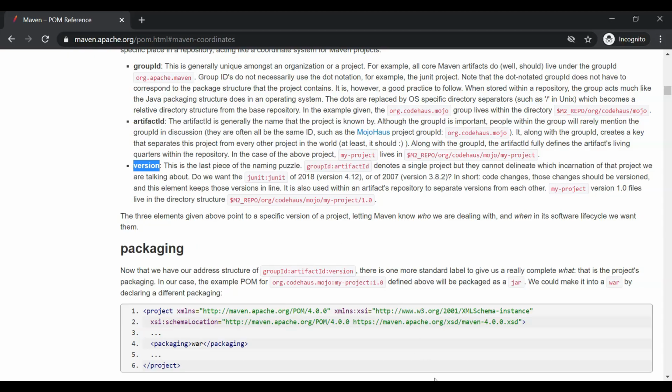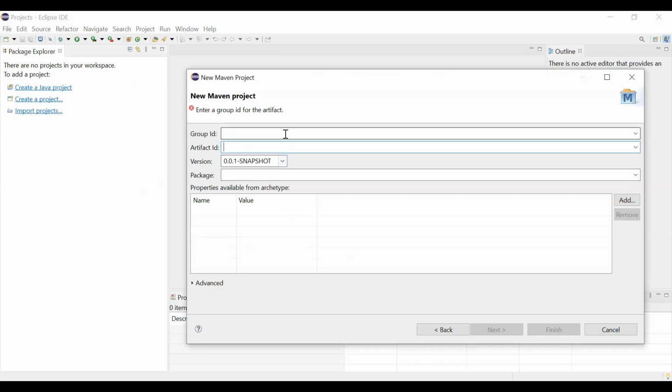Even if we go back to our Eclipse, here we need to provide our company name in the reverse format. I mean to say, company website in the reverse format. I'm treating my company website name as democompany.com. That's the reason I have given this in the reverse format, that is com.democompany. Next, artifact ID, I'm going to give demo project. We can name it anything, or else first demo project. So this should be unique.